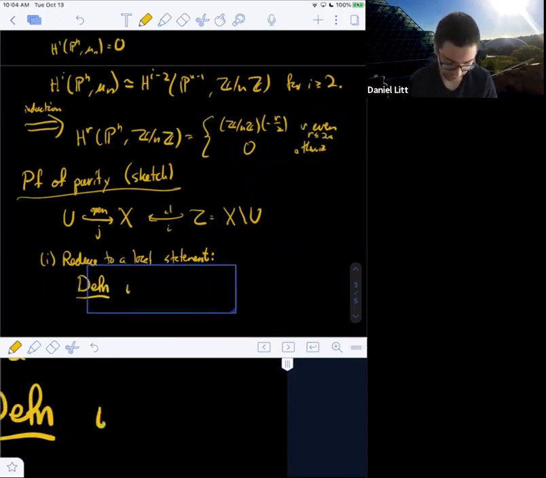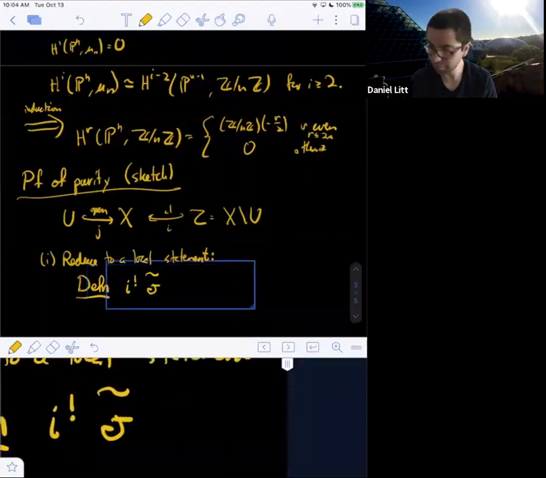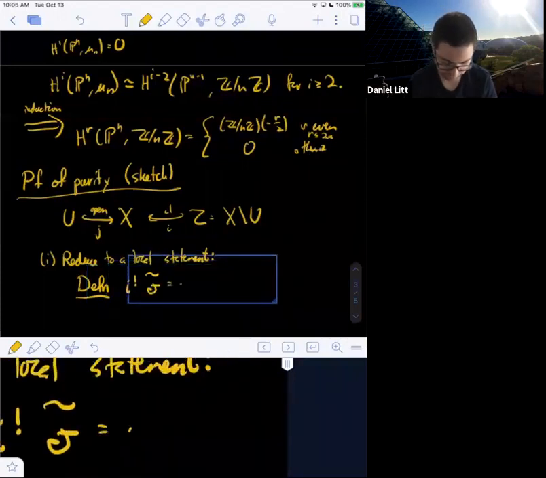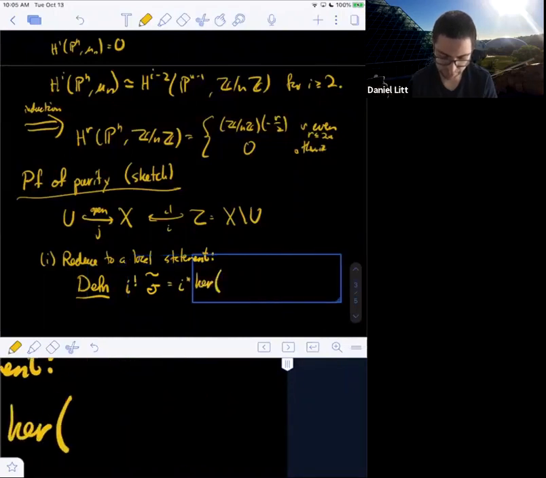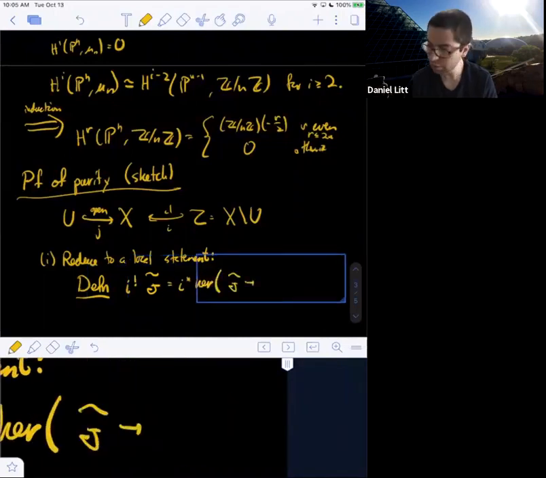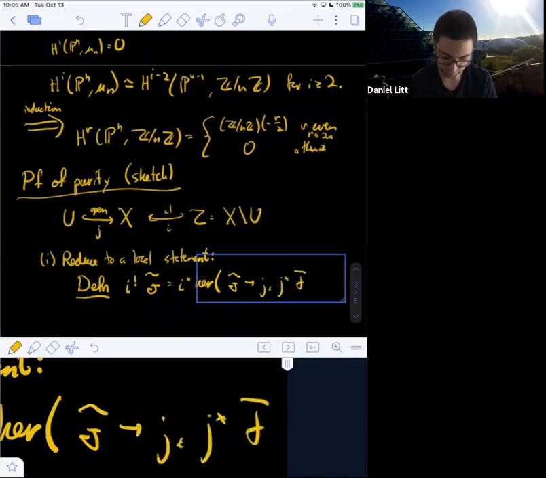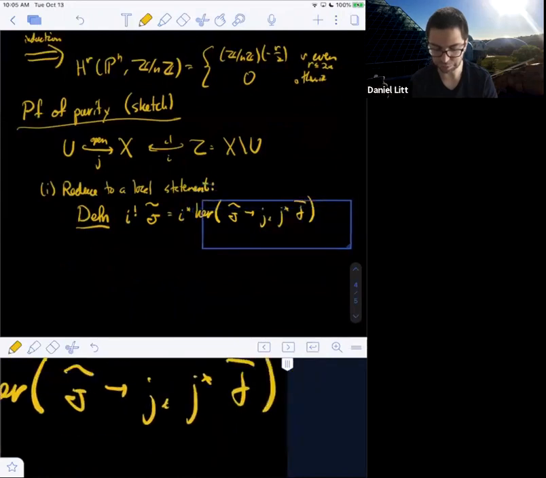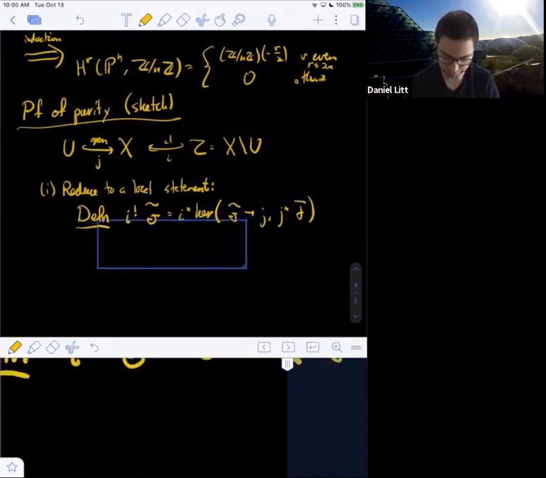I'm going to define I upper shriek of a sheaf F, as in the statement of the theorem, to be the following. It's the pullback to Z of the kernel of the natural restriction map from F to J lower star of J upper star of F. Okay, so what is this map? It takes a section of F and then restricts it to its value on U. So this is a sheaf on Z,